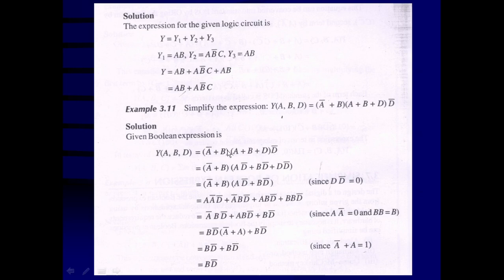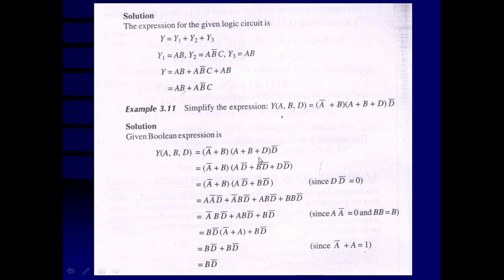So corresponding to the original expression, you require a complicated circuit. You require one OR gate which has two inputs. You require another OR gate which requires three inputs. Then you require a 3-input AND gate, where the output of this one is one input, the output of this one is another input, and this D bar is the third variable input for the AND gate.